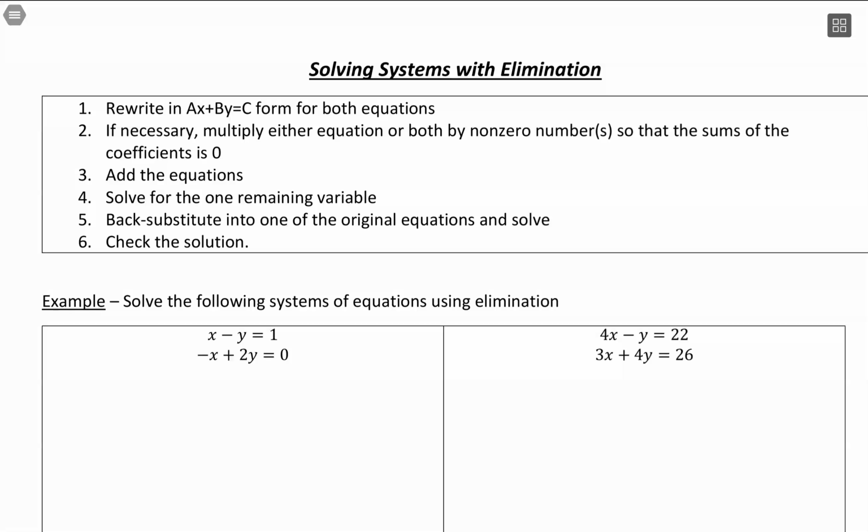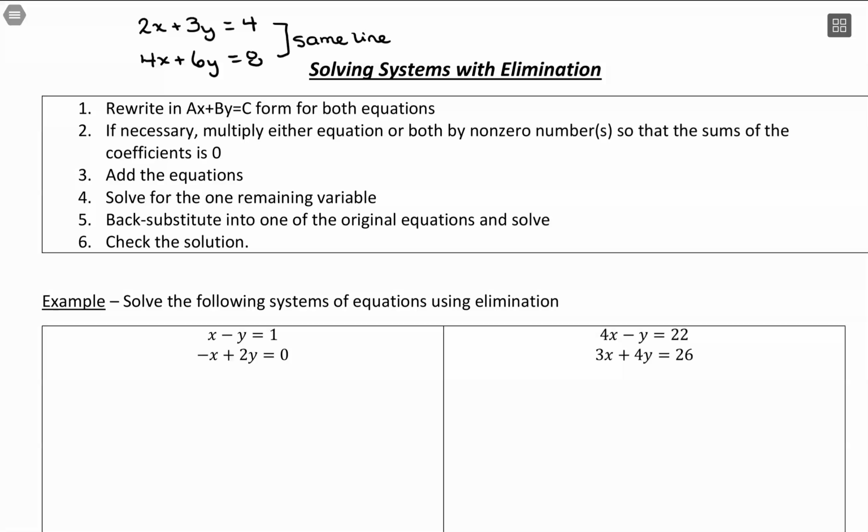So like I showed in the last example with substitution method, we're allowed to multiply across an equation and it doesn't actually change the line itself, it just kind of changes the appearance of a line. So if I have the line, let's say I have something more complicated like 2x plus 3y equals 4. If I multiplied that line by 2, which means I multiply every single term by 2, so if I have the line 4x plus 6y equals 8,